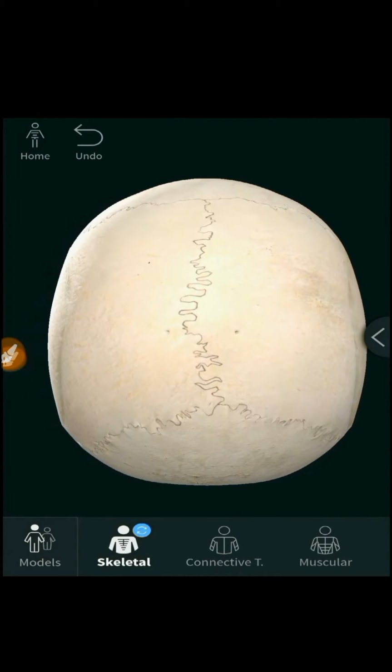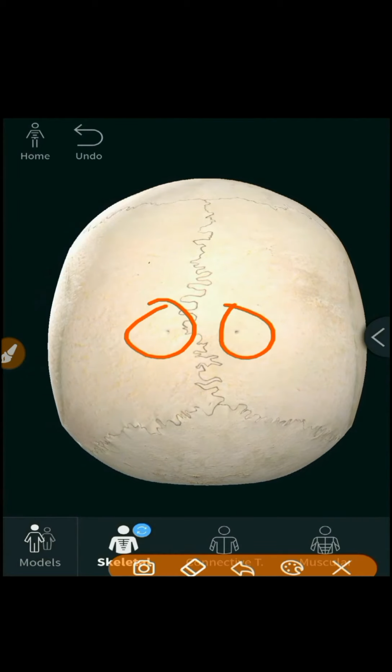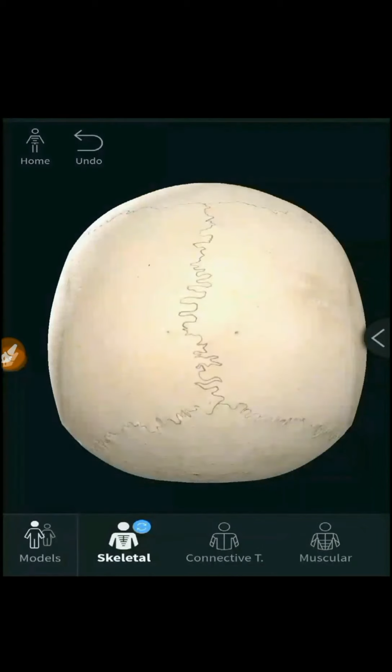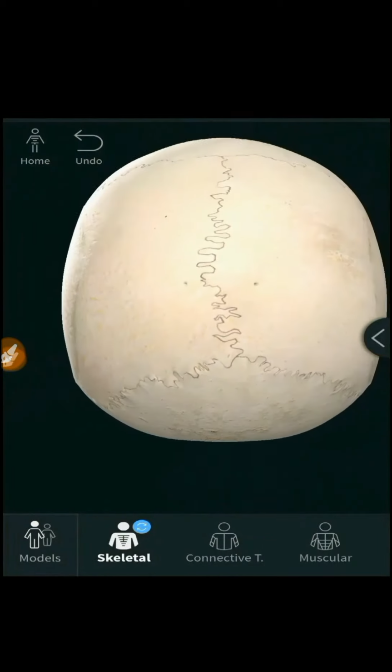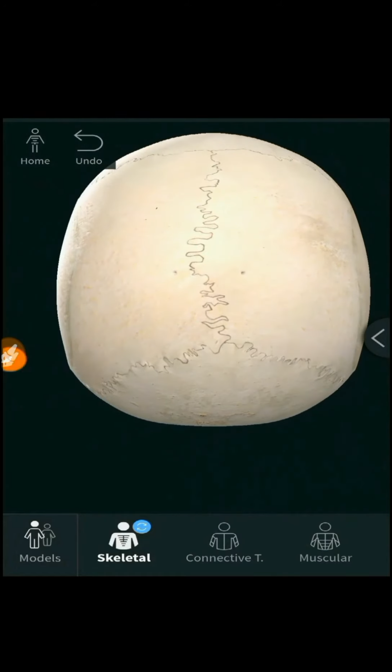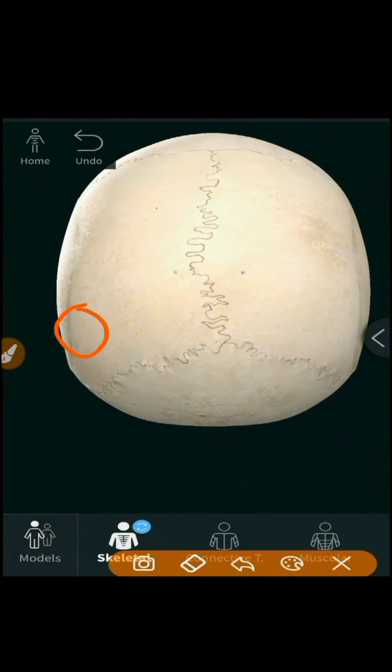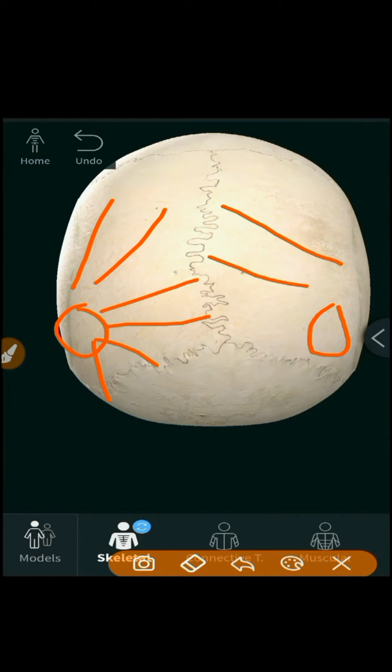So this is a vertex, and these are a pair of parietal foramina on either side of sagittal suture, 2.5 to 4 cm in front of lambda, and they help in transmission of emissary veins, as you already know. And you will see 2 parietal eminences on either side here. These are the parietal tubers, because the parietal bone begins ossification from the periphery to center, like spokes of a wheel here, like this.